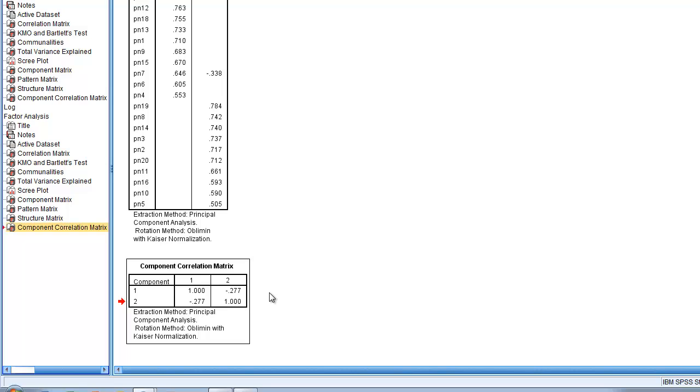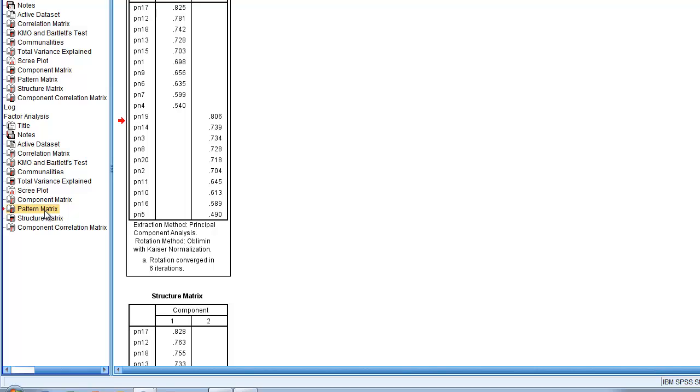So in this case, the correlations between the 2 components are quite low, so we would expect very similar solutions from either of the types of rotations, either the Varimax or the Oblimin rotation. So if the components are more strongly correlated, however, we have a value above 0.3, we may find discrepancies between the results of the 2 rotation approaches. So if that's the case, you need to report the Oblimin rotation. So Oblimin rotation provides 2 tables of loadings or interrelationships. The pattern matrix in this table